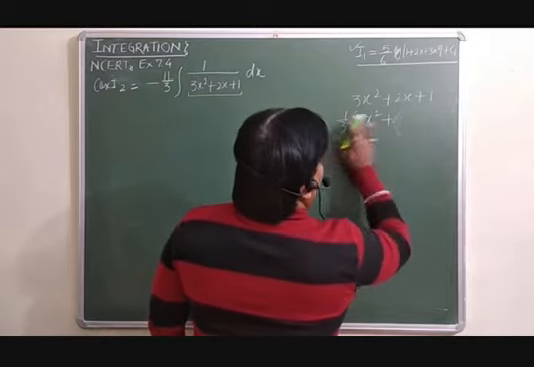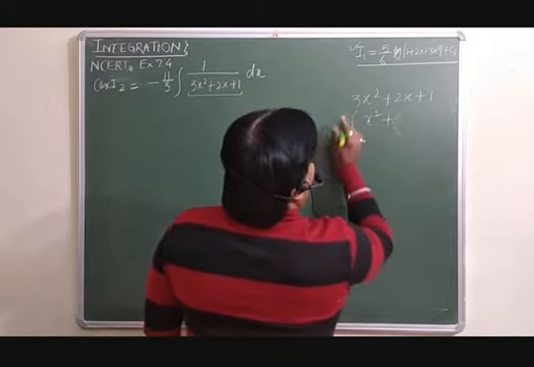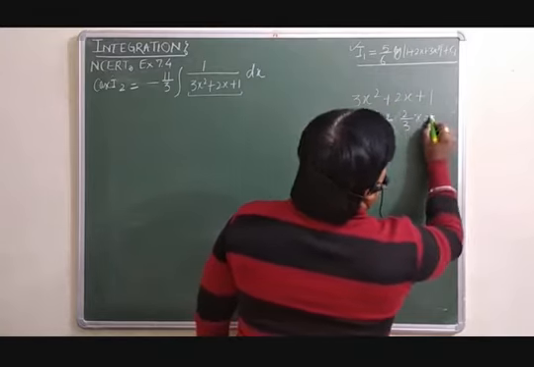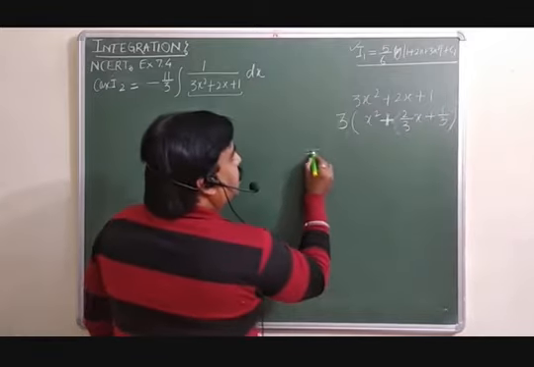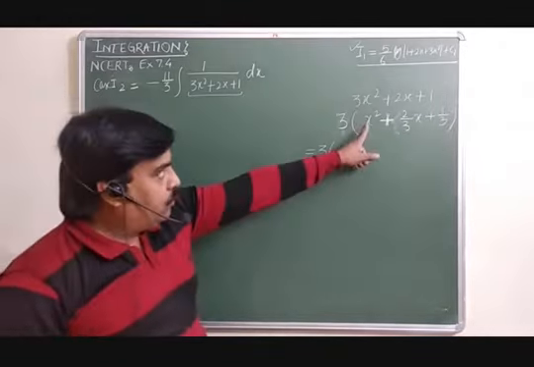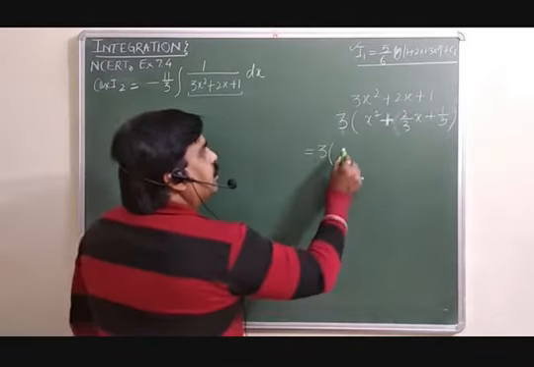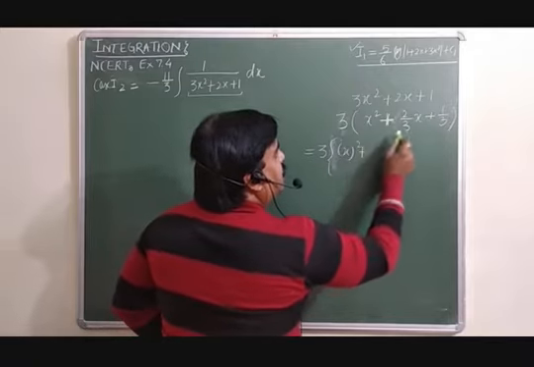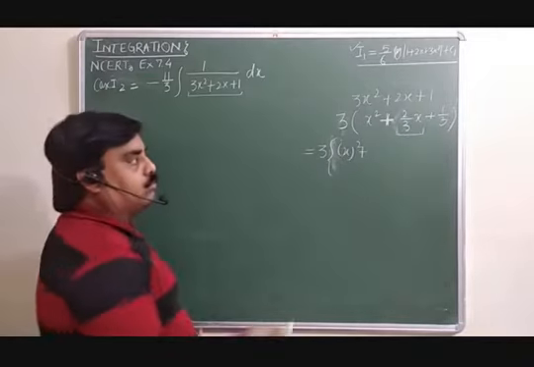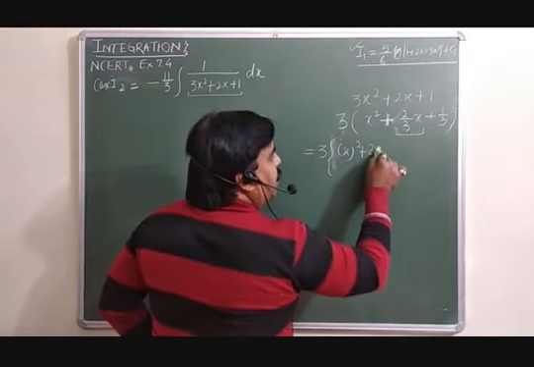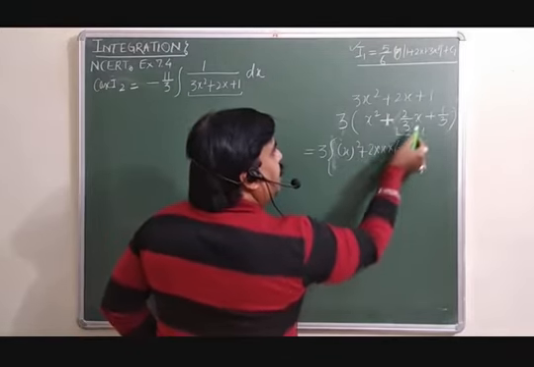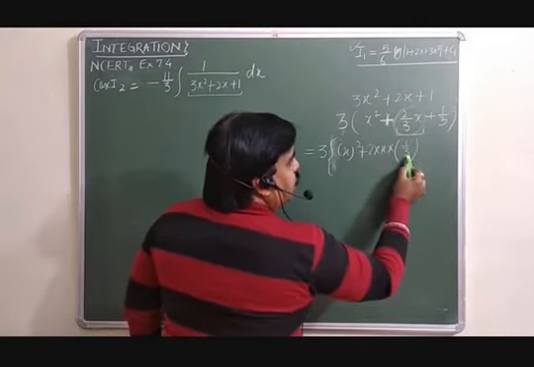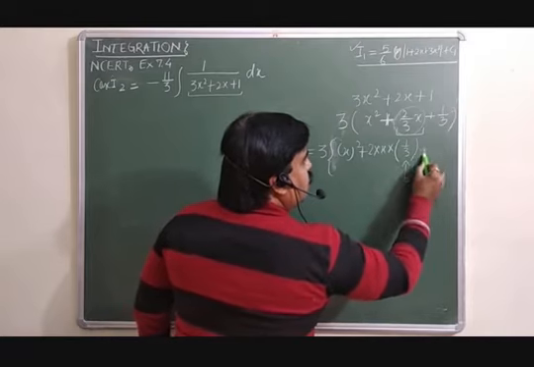So 3 you are taking common. So this is x square plus 2 over 3x plus 1 over 3. And you are supposed to make the perfect square here. Now this is in place of a square, so you can write x square, a square plus 2ab, at the place of the 2ab. So 2 into a is x, and in place of b what should we write, so that after the product you must get this one. So 2 is here, x is here, but you need 1 over 3. So this is at the place of b, you can say. So b square you must add here only.